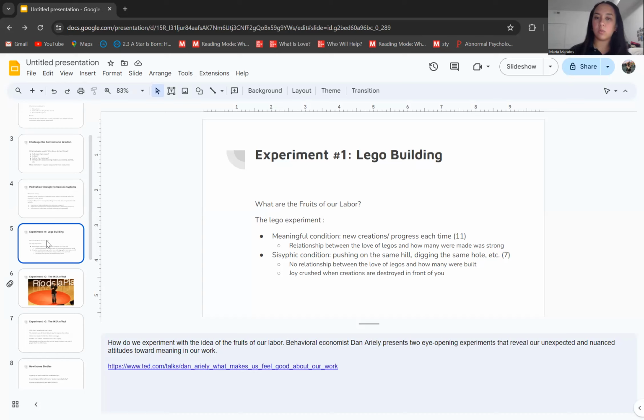One of these experiments involved a Lego building. In the Lego experiment, there were two conditions. One was a meaningful condition where they would get to create a new Lego product each time. And in the other condition, they would watch the researchers take apart the Lego that they had just built and then build it again. That's a broad way of describing this experiment, but it showed